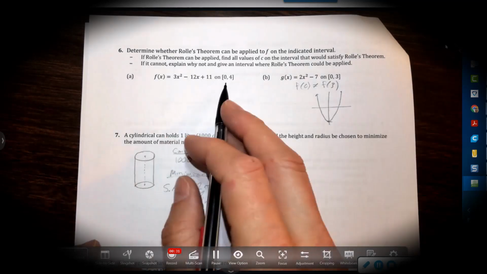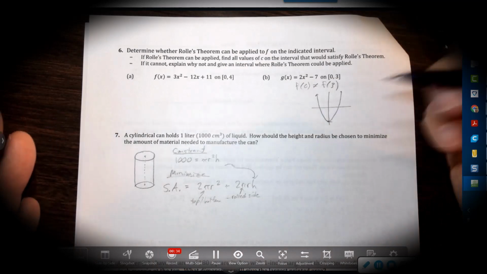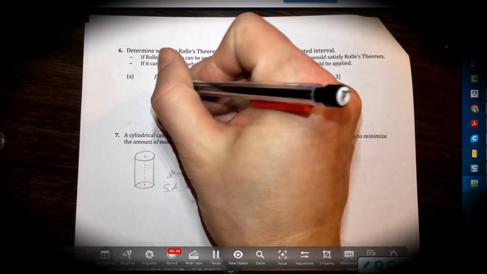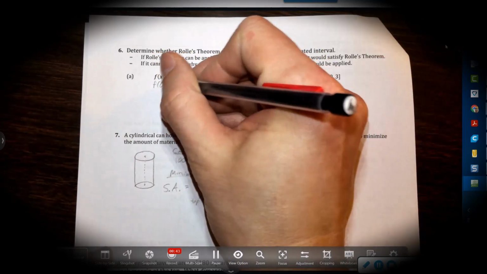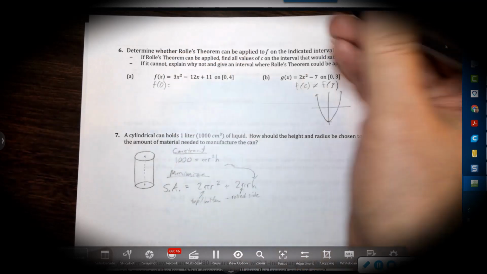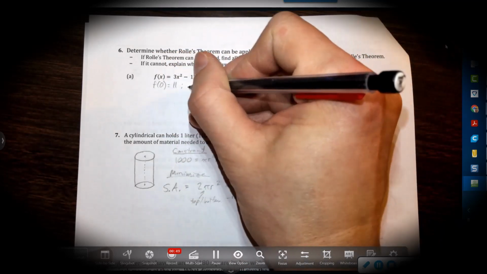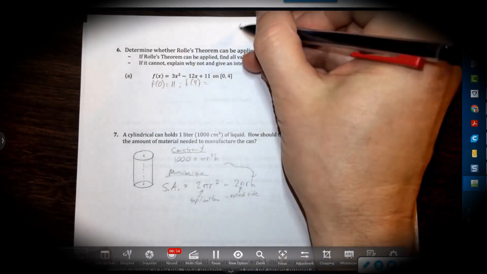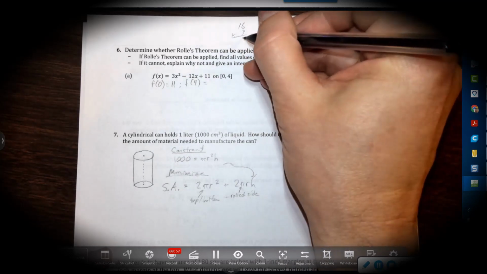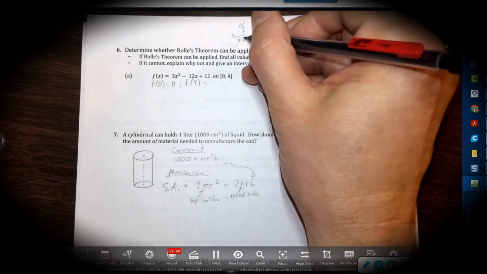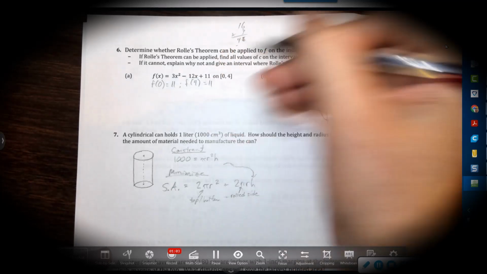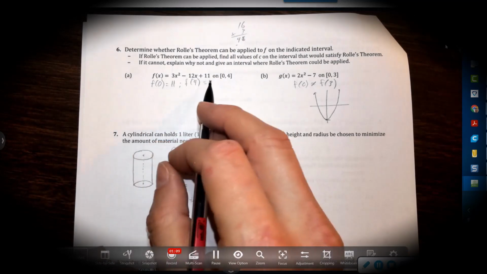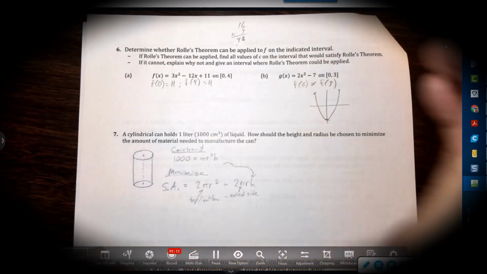So right here, what we've got to do though, and this is the same as the MVT, so it's worth definitely going over, and we're going to take care of this right now. Let's make sure that f of 0 equals f of 4. So f of 0 actually equals 11, and f of 4 equals 16 times 3, which is 48. 48 minus 48 is 0. Okay, it equals 11. So this is also a quadratic, so therefore it is a polynomial, and therefore it is